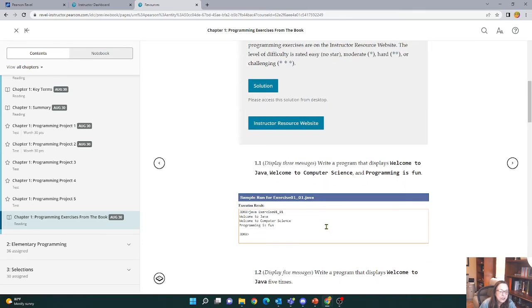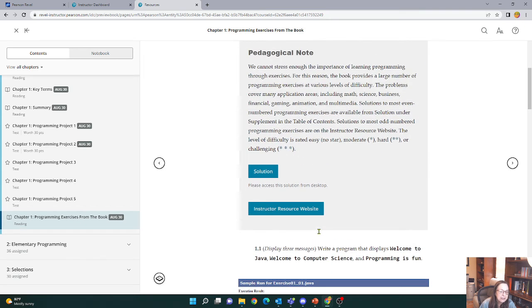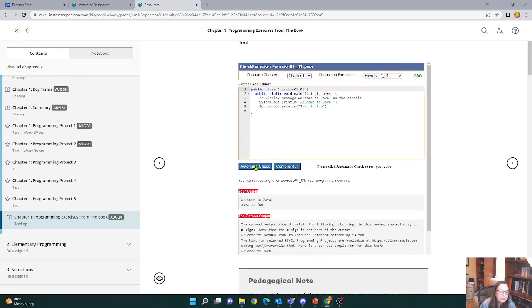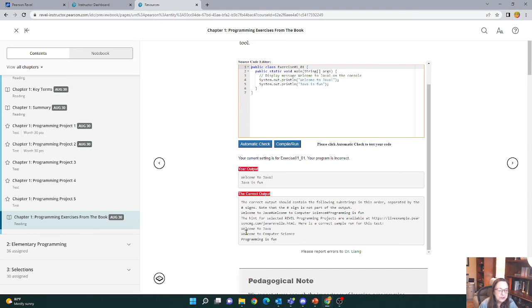If I look at our instructions, oh, I didn't quite do that right, did I? I should say welcome to computer science, and programming is fun. Well, I could use this automatic check tool to remind myself of that. Here we go. Oh, there it is. It says, here's your output, but the correct output should be like this. All right, so let me fix it. For my second output line, I should not say Java is fun. I should say,